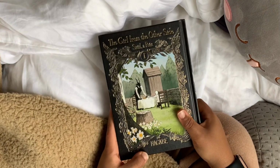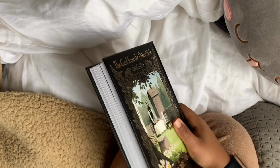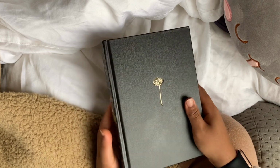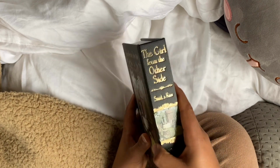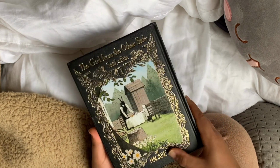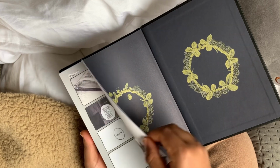To start out, we have The Girl from the Other Side. This is the hardcover omnibus edition of the series through 7 Seas. It includes the first 3 volumes of the series, which has, I believe, 11 in total. I'm so happy that I was able to get this hardcover edition because would you just look at how beautiful